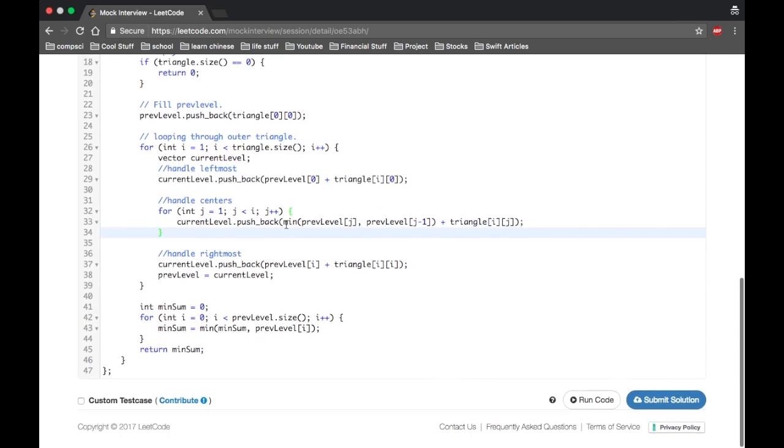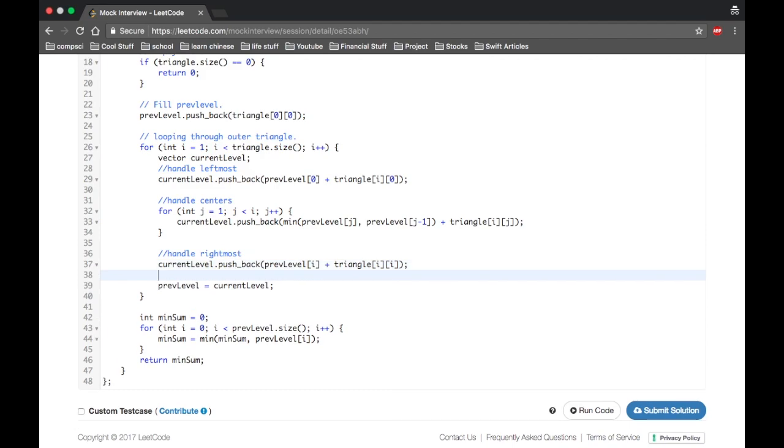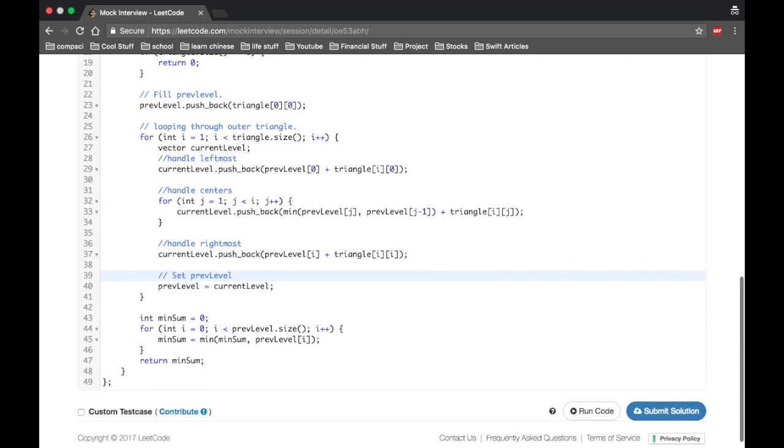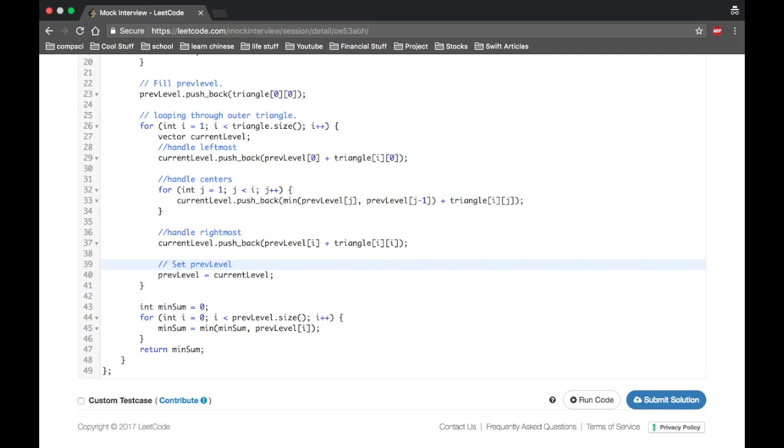And then same thing over here, I just add the last number to my last number. And then at the end of this, I set prev level. Okay, so after all of that is done, I processed every level, and even though I only care about the last level,